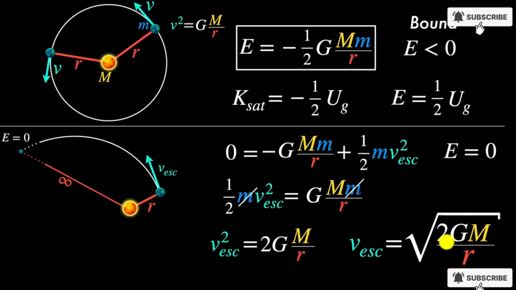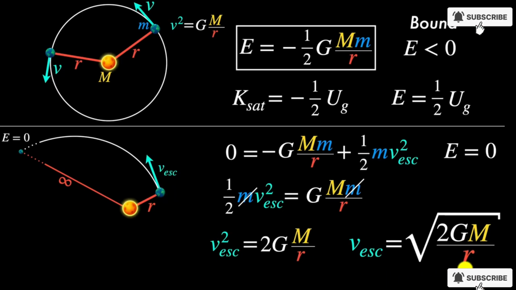Again, notice the escape speed is independent of the mass that is escaping, right? But it does depend upon the mass of the parent body. So in this particular case, the mass of the star. That makes sense. If the star was massive, it's harder to escape because it has more gravity. But notice that it is inversely related to the distance from the star. That also makes sense. If you're farther away from the star to begin with, it takes less energy to escape it, so less speed to escape it. And normally, when we're talking about the escape speed of a planet, or a star for that matter, what we usually mean is its surface escape speed.